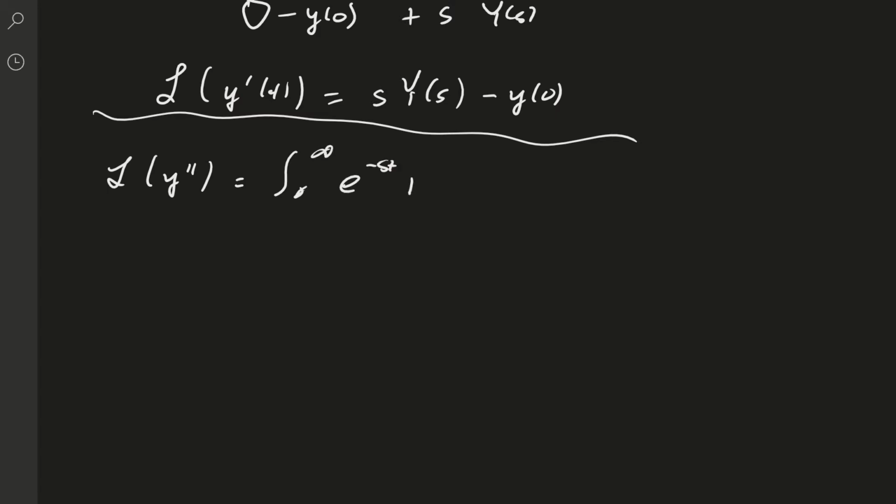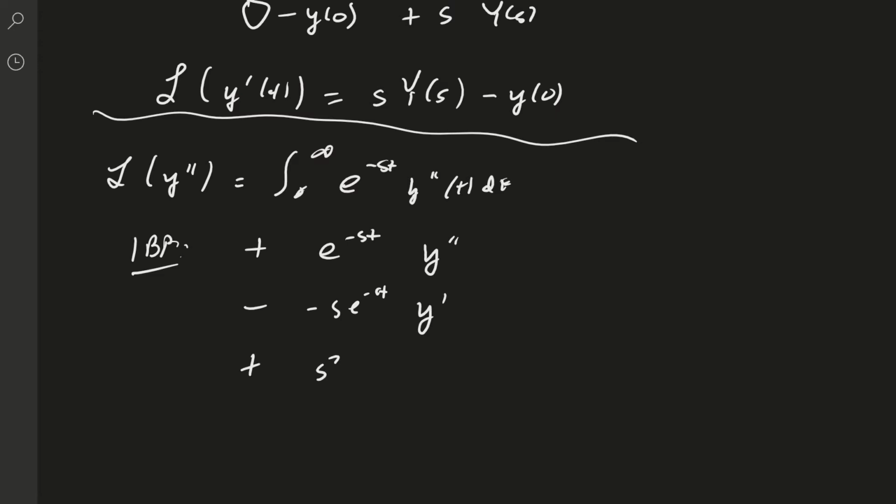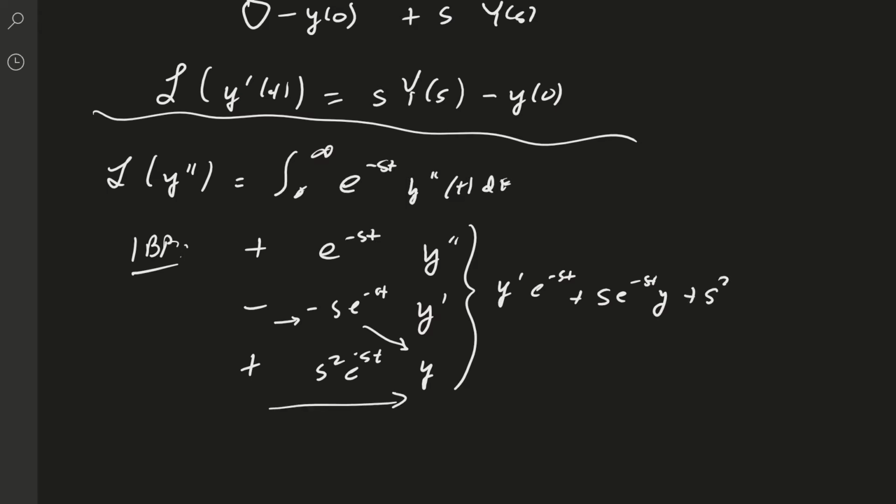E to the minus st y double prime of t dt, integration by parts, twice, plus e to the minus st y double prime minus s e to the minus st y prime plus s squared e to the minus st y, and so my derivative, or my integral I should say, becomes y prime e to the minus st, and then I say plus s e to the minus st y, and then plus s squared times the integral